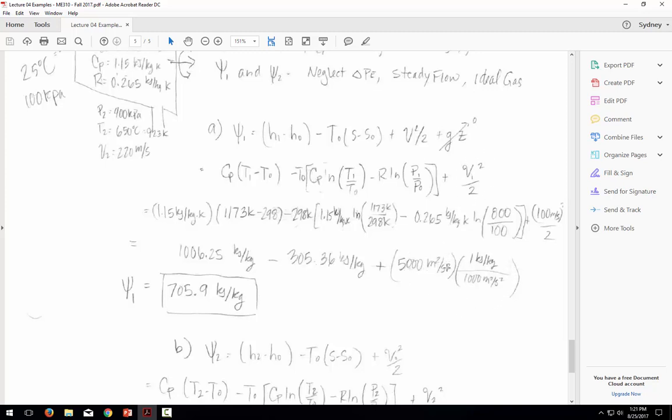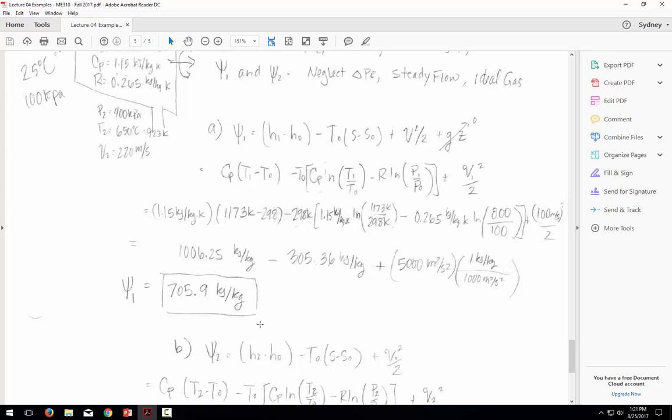So 5,000 meters squared per second squared, multiplied by the unity conversion ratio of 1 kilojoule per kilogram over 1,000 meters squared per second squared, because a kilojoule per kilogram is equal to 1,000 meters squared per second squared. If we plug in all the numbers, we find that the exergy of the inlet is 705.9